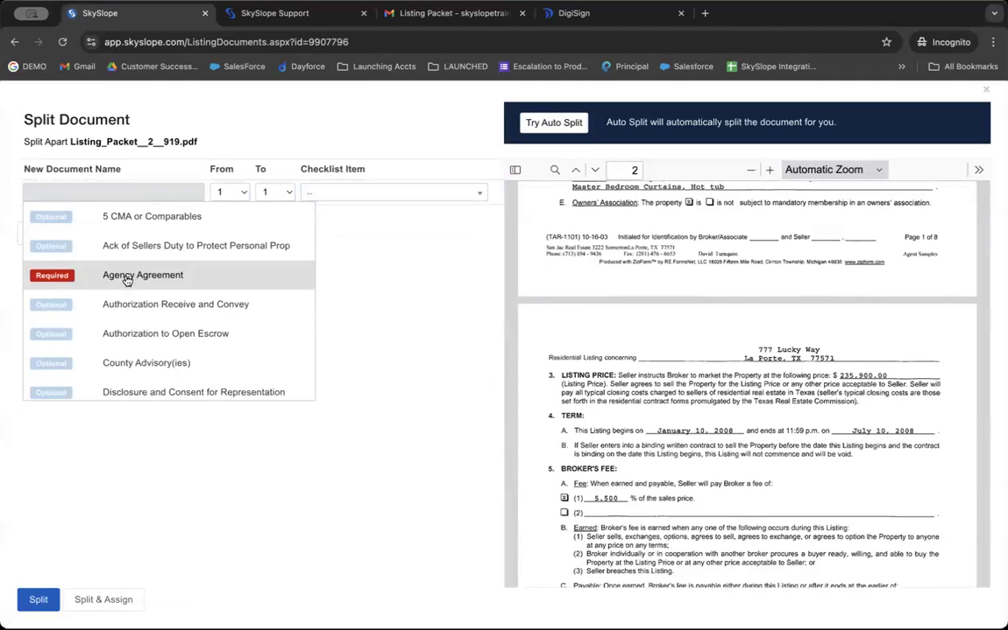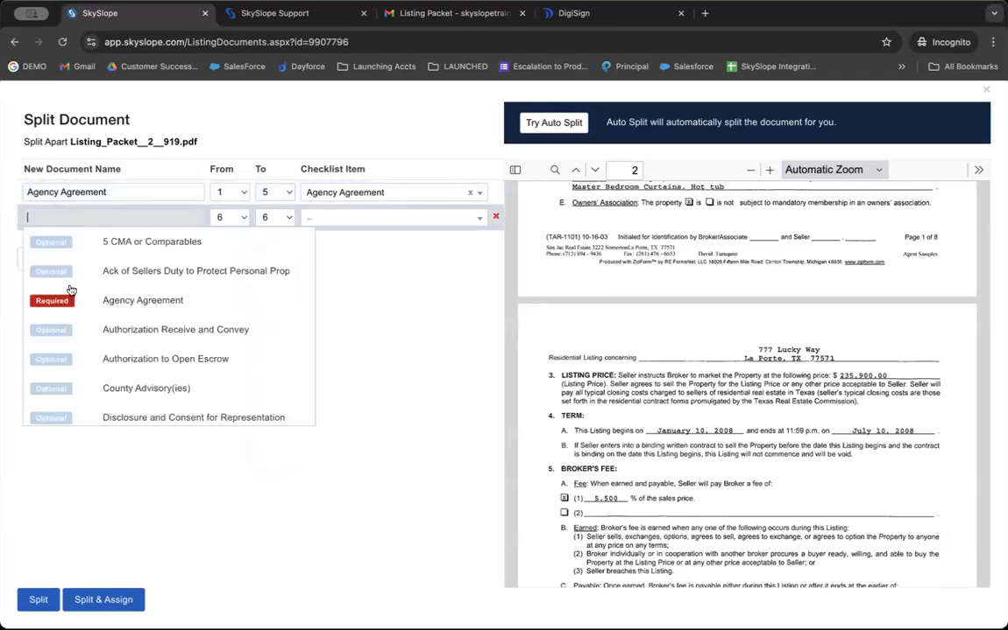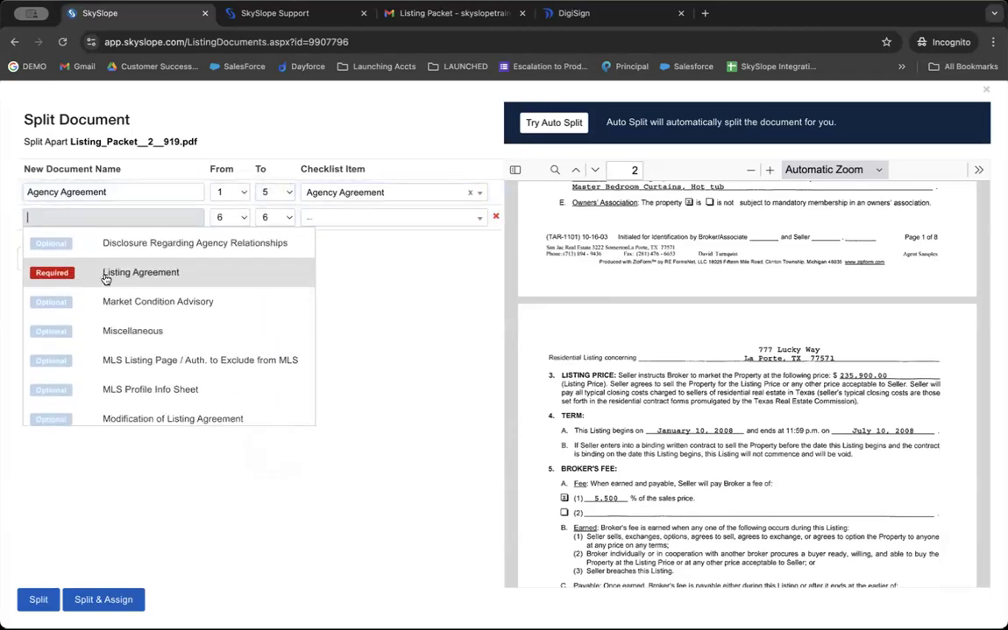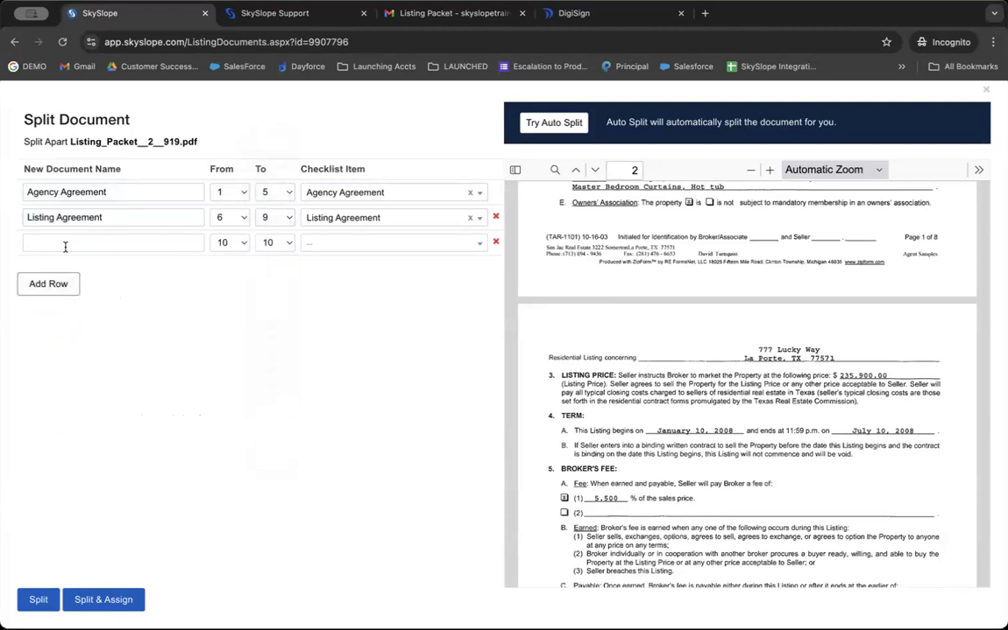I'm just going to go ahead and select on the agency agreement here. I know it starts from page 1 and ends on page 5. Add an additional row. And then we could go down to the listing agreement, make that selection, and then indicate what pages those are on. And you can go through and you can add as many as you would like. And then once you're done, you have 2 options. You can split